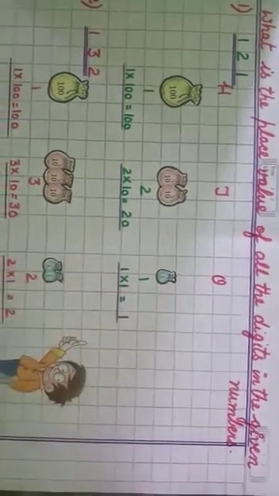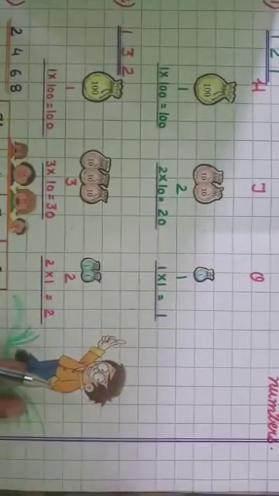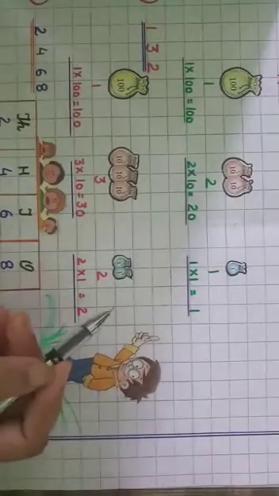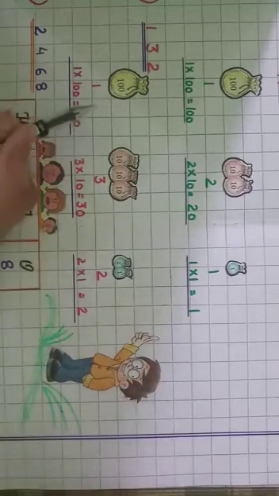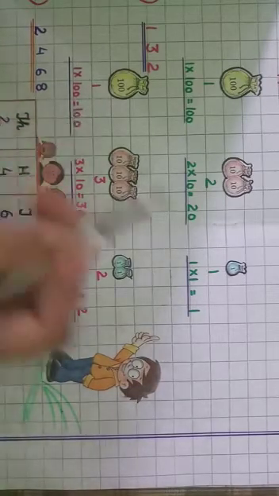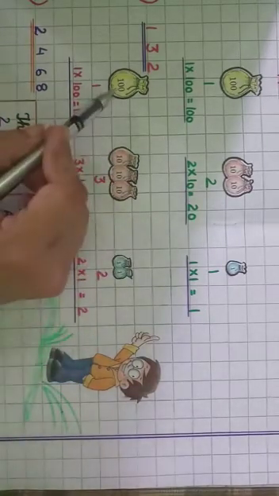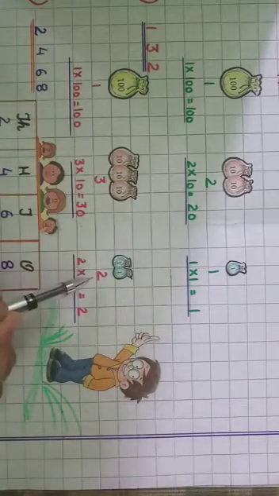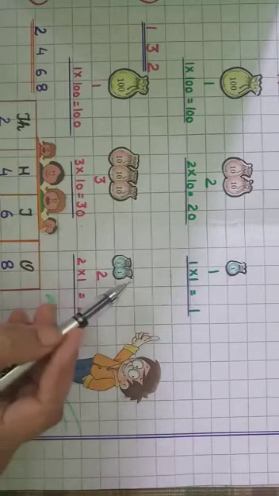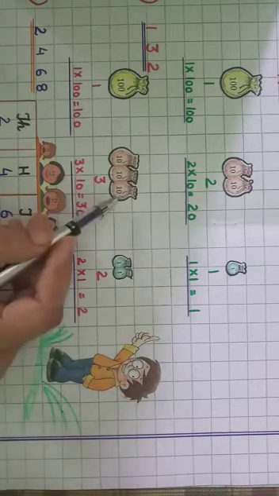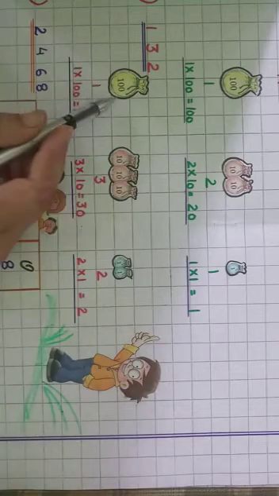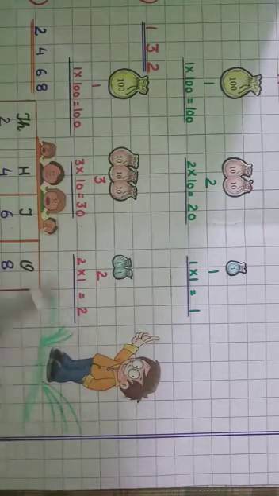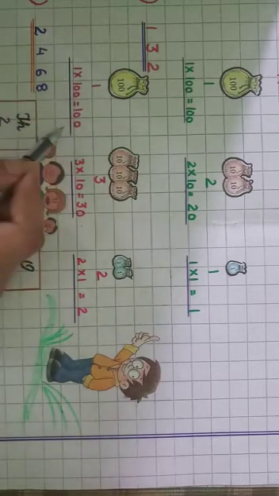Now the second number is 132. Again the same procedure will be followed. We will write down places, ones, tens and hundreds. Again we will write down the number 132. Now multiply 2 by 1, 3 by tens and 1 by hundreds. So the place value of 2 is 2, 3 is 30 and 1 is 100.